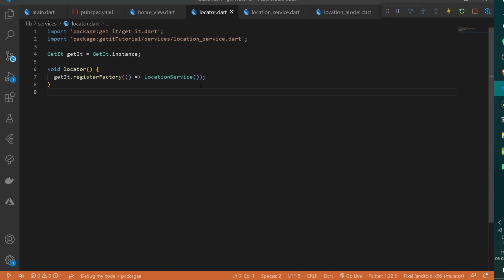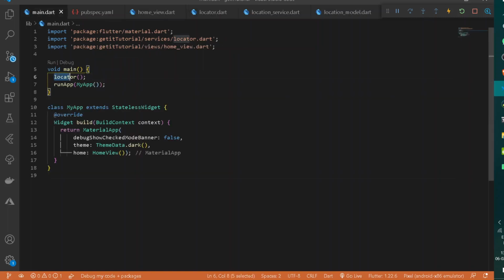Now with that said, let me explain all of the things that we have done today. First of all, you can simply create a new method for the locator. Under this, you just need to register your entire services. Now the registration may take a factory and also a lazy singleton or singleton. If the instances of your current service are changing from time to time, you should use registerFactory, and otherwise, if you only need an instance a single time, you need to use lazy singleton.